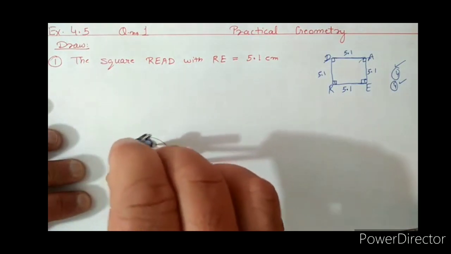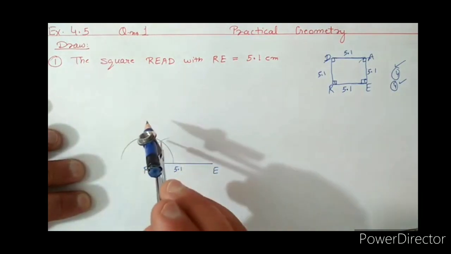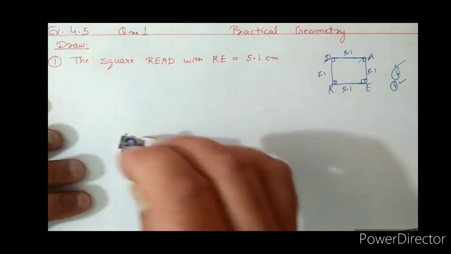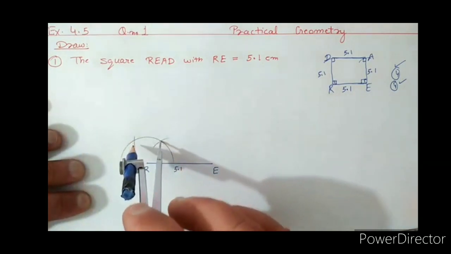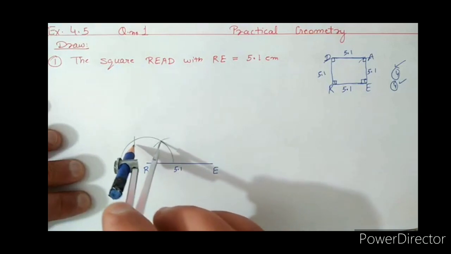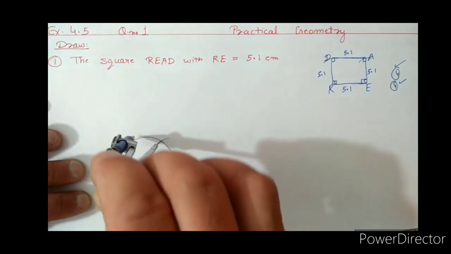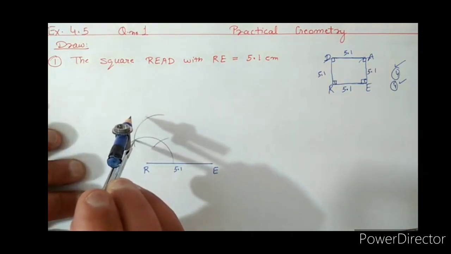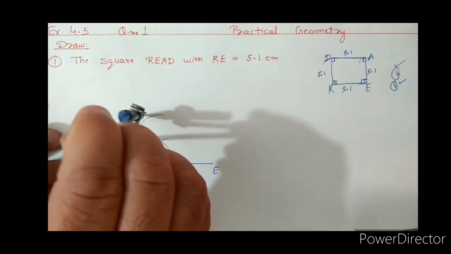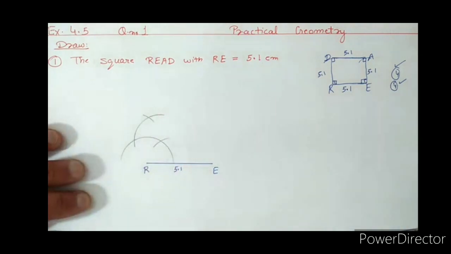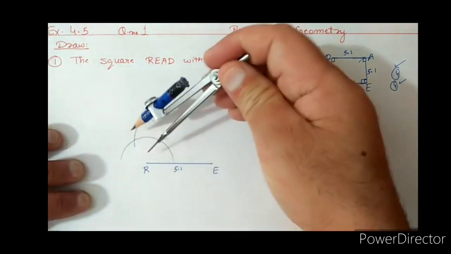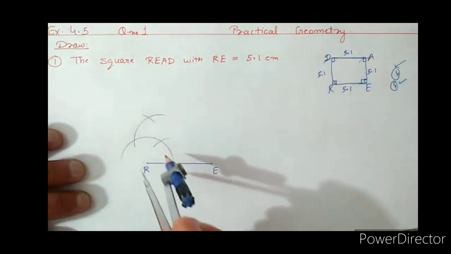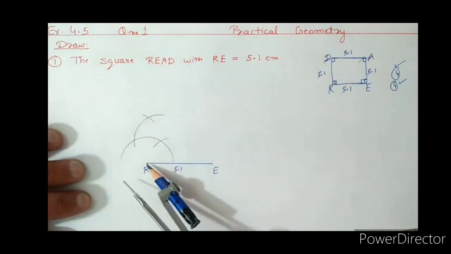Using the same measure, don't move the compass. Same measure from the intersecting point, draw an arc that is 60 degree. That intersecting point as center, draw another arc that is again one more 60 degree. So 60 plus 60, 120, 90 degrees lies between 60 and 120. So we should draw two arcs using the two intersecting points. You will get 90 degree. It is our required angle.